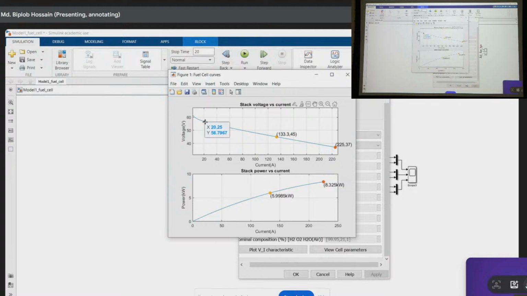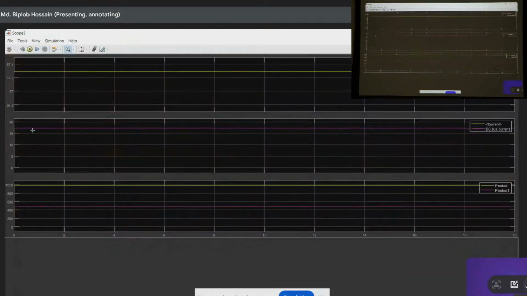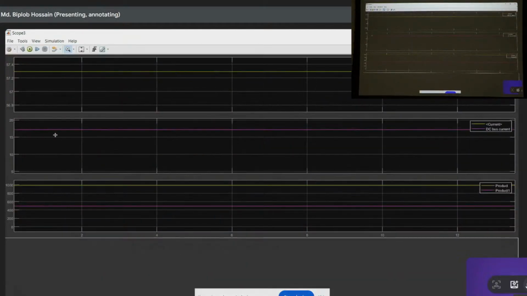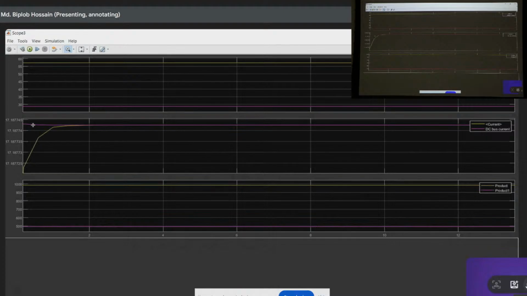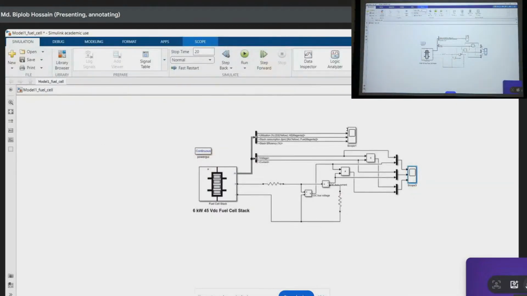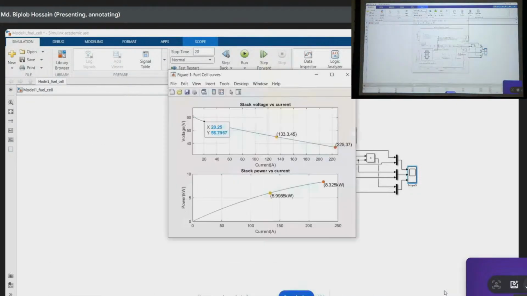So for example at this point, you see the current is how much, 20.25. And if you see again, our total current is like this much, 17. So that means from this point we can see our fuel cell actually operates at this point,